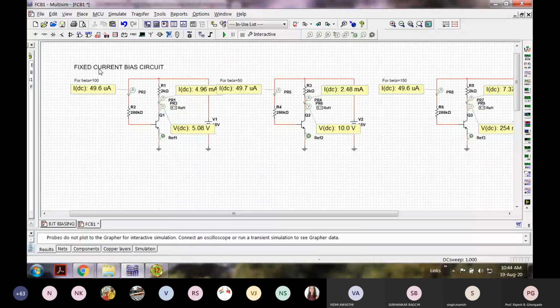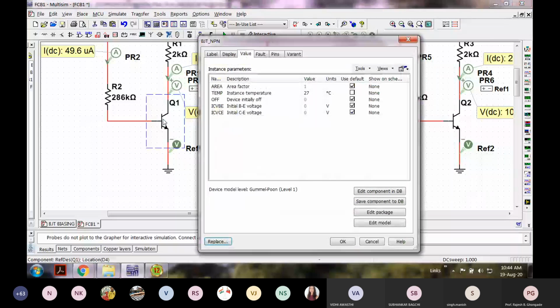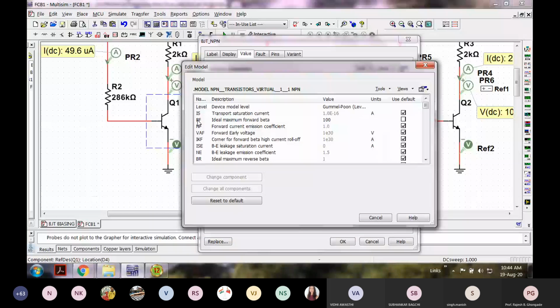Okay, so once you have this transistor placed over here, double click that. All right, you get this screen. Go into the edit model. So now you are changing the parameter of the device. In that, BF is a nomenclature that is being used for SPICE models, which is the forward beta. Don't change any other thing. So here you can directly double click and edit the values. Click outside. Now if I want to change this to 50, or 75, then don't forget to click on this change component.